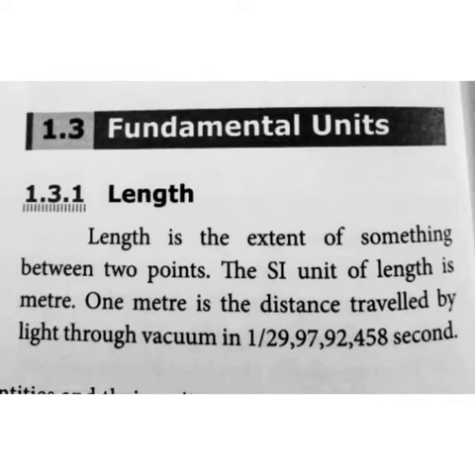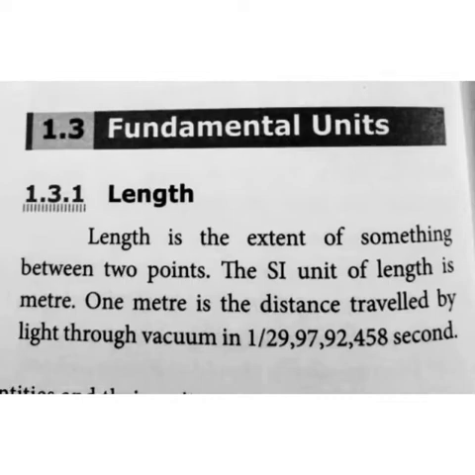There are 7 fundamental units. One is length. Now we can study the first fundamental unit. Length is the extent of something between 2 points. Its SI unit is the meter. 1 meter is the distance traveled by light through a vacuum in 1 by